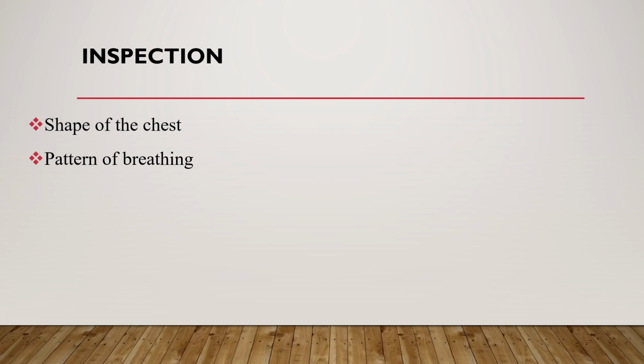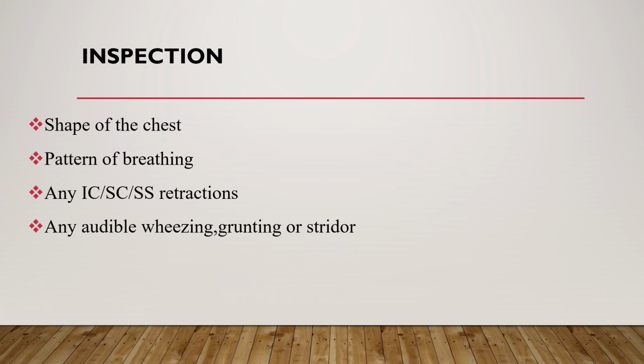So there are different patterns of breathing, and we have to inspect the shape of the chest, the pattern of breathing, and also the expansion, symmetry, and retractions: intercostal, subcostal, suprasternal retraction, and the like. And listen for the character of the cough also. And also check whether there is any audible wheezing, stridor, and grunting, and any hoarseness of voice that can be audibly heard. And also inspect the fingers for clubbing, and inspect the lips and the tongue for